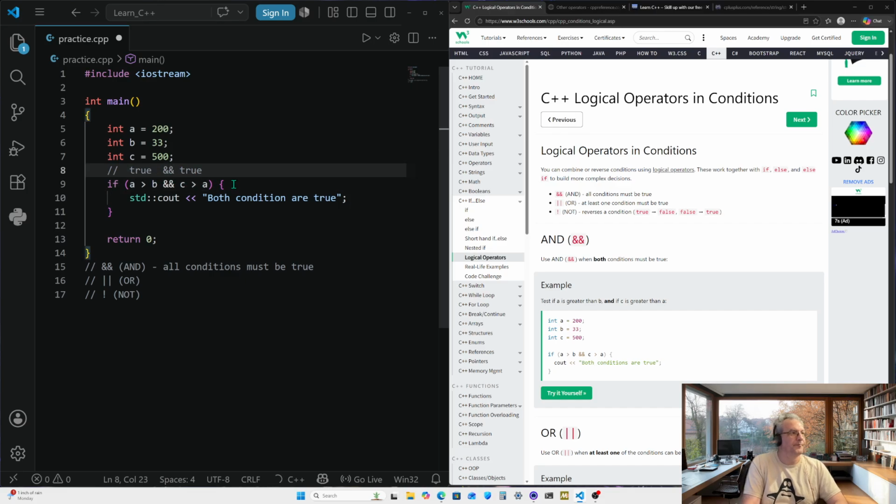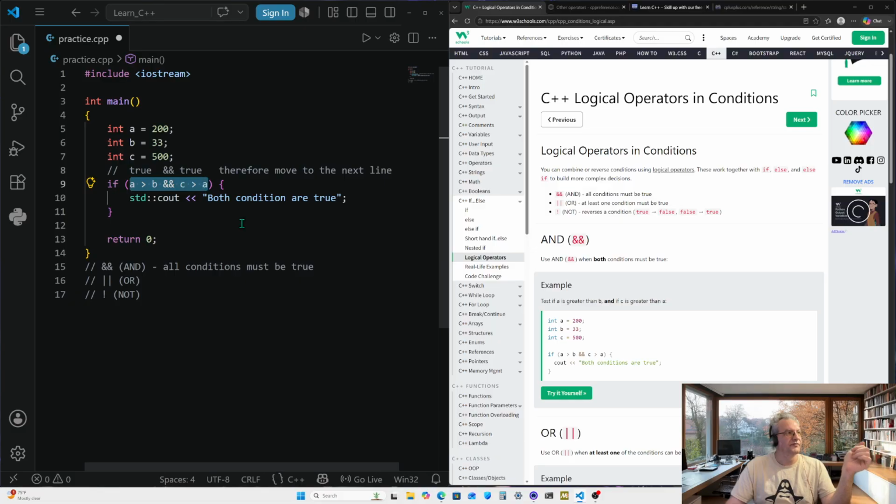Therefore, move to the next line. I did this for myself just to make this easier to understand. Since both conditions are true, we can move to the next line, because the entire thing is true. Like we said before in another video I did, with the AND operator,